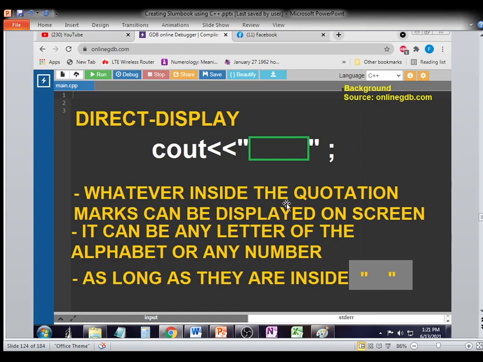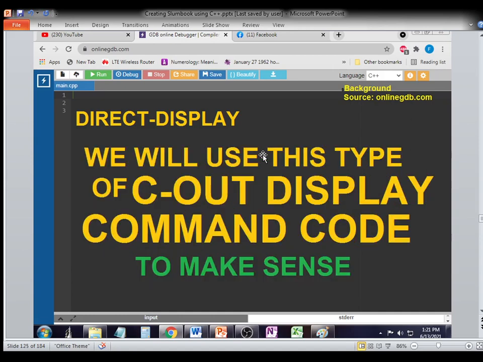Okay, whatever inside the quotation marks can be displayed on the screen, and it can be any letter of the alphabet or any number. Okay, as long as they are inside the quotation mark. Here, inside the quotation mark. We will use this type of cout display command code to make sense to our